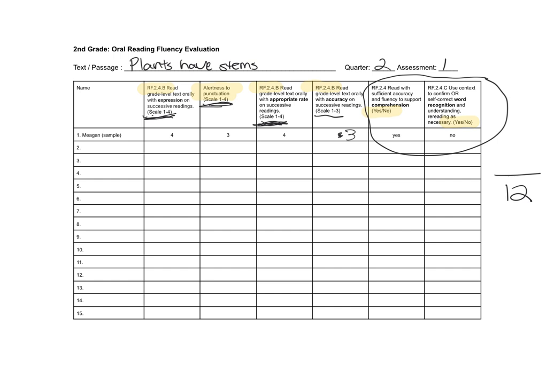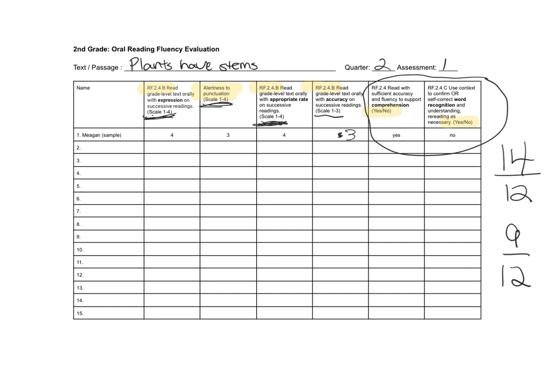So is it possible that a student could have 14 points out of 12? Yes, that is possible, and that's okay to enter it in ClassReach that way. Is it possible that a student could have 9 out of 12? Yes, it is. It just depends on how the students score in those various